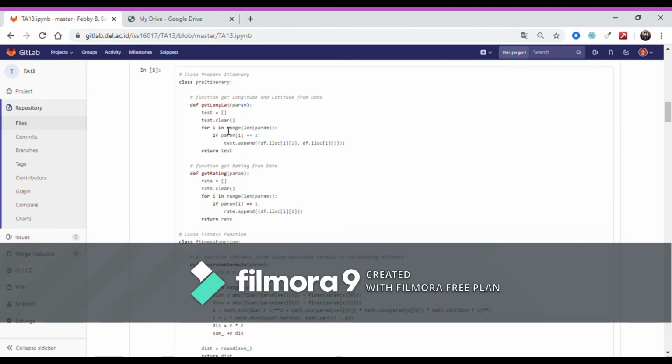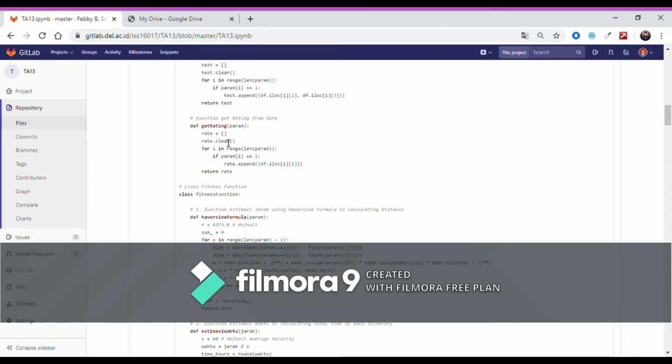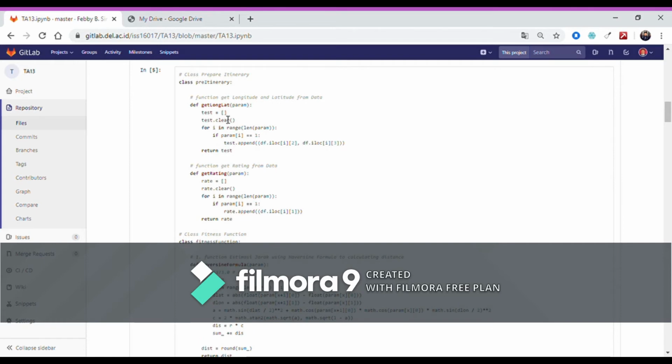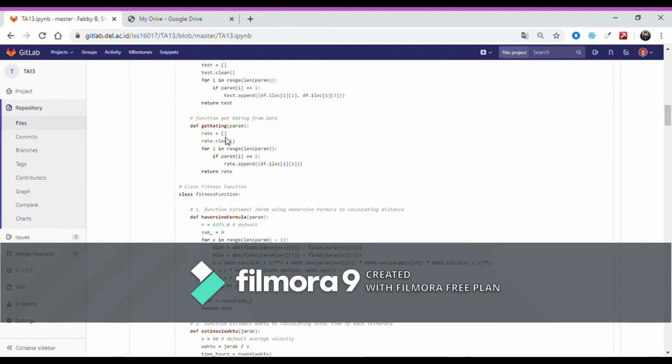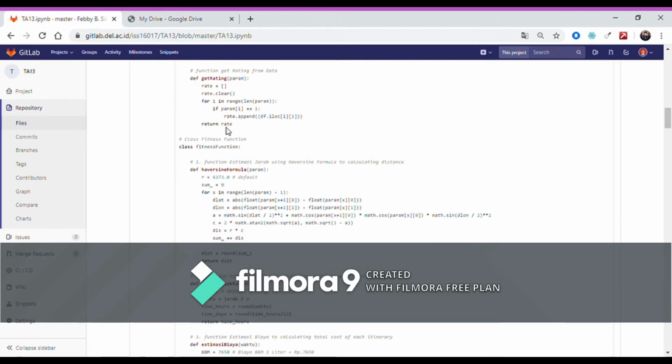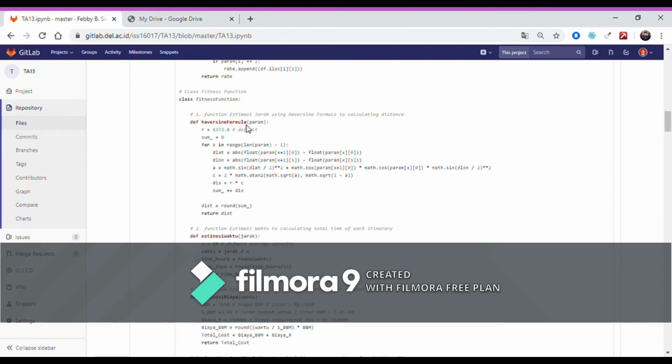So in the function, we'll return test, where test is an array to save latitude and longitude from data. And next is the function generate get rating. Like get long length, param is encoded from itinerary. Rate is an array to save the rating we get from data. So we'll return rate. In the other class,